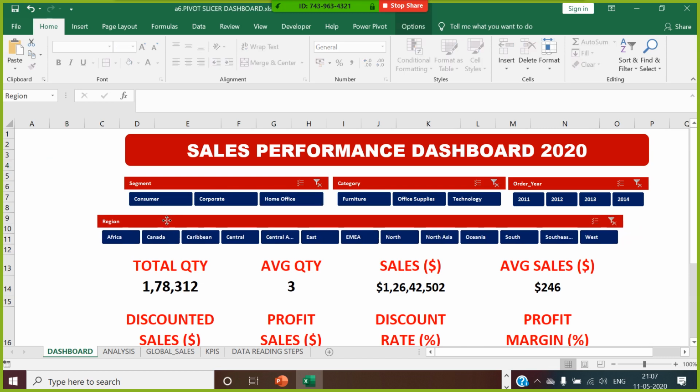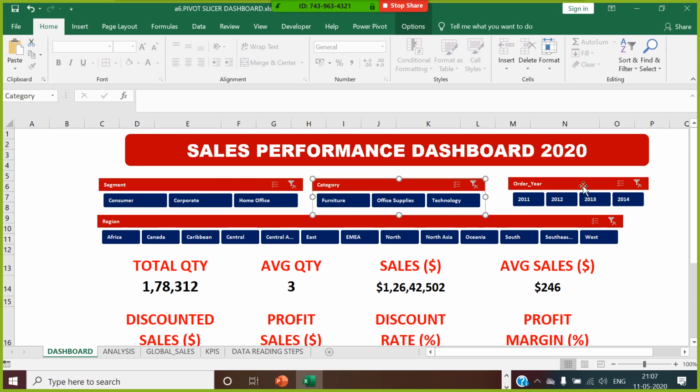So let's say make it as middle align so that it looks good. Do this also here. Do this also here. Do this also here. Right, reduce this size if you can. Same thing over here.